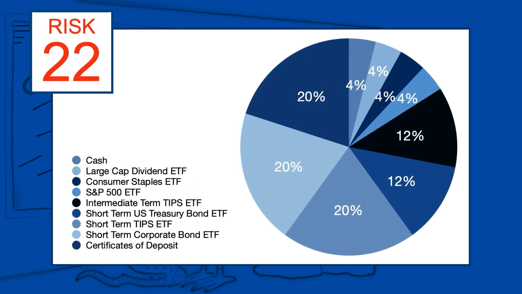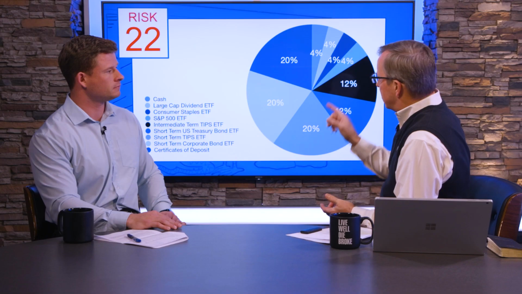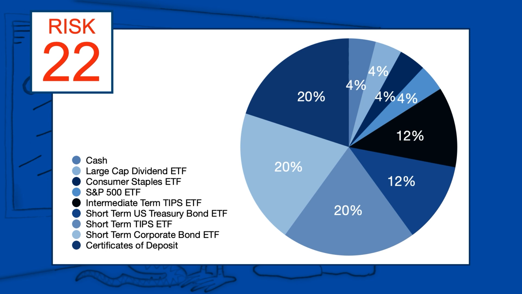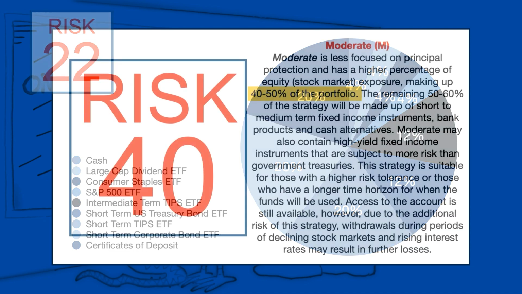And I noticed the exposure. Go through these, Derek. So talk about that and what we're doing there with a lot of ETFs. This is what you manage and rebalance. That's what we call a rebalance, right? The allocations. Right. So what we do with a rebalance is just try to keep the allocations in line with this model. And in our conservative strategy, about 12% of the strategy is made up of equities or stocks. The rest is either CDs, short-term fixed income, things that are a little bit more stable. So it does have a low degree of stock market exposure.